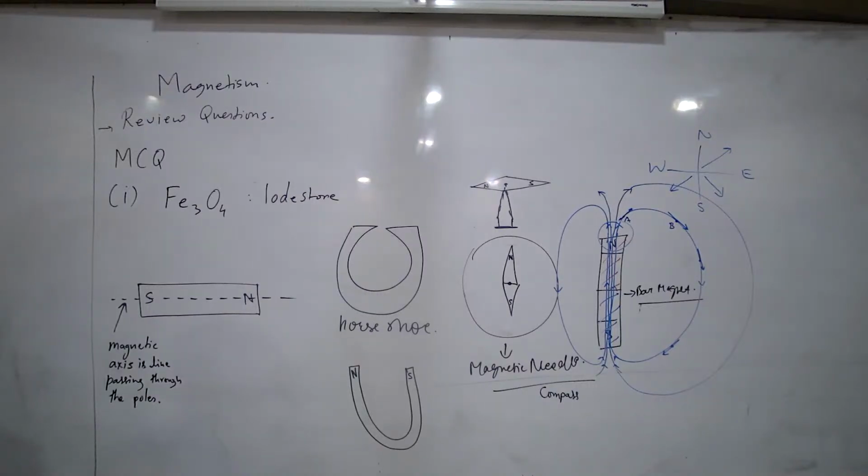Iron filing acts as a small magnetic compass because it gets induced. You have to use the word induced magnetism. It is temporary. Not a magnetic compass; a magnetic compass is a permanent magnet. Each iron filing particle induces temporary magnetism and therefore orients itself along the magnetic field line of the permanent magnet.